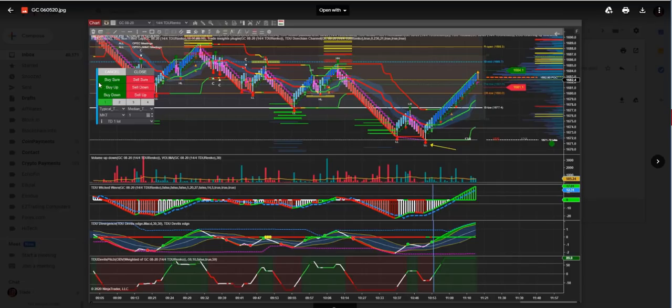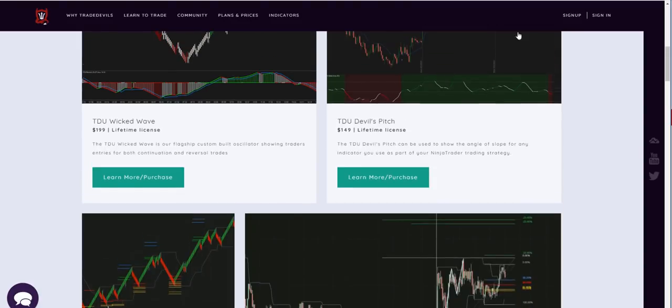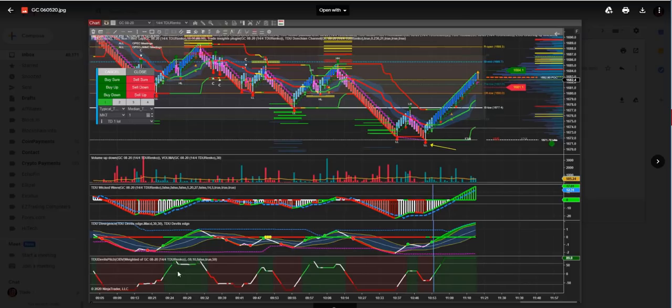So this is just a couple of snapshots. This is gold from this morning. All of these tools, individually detailed, put together into one template. So this is today in gold. For our day trading, we do use Renko bars. So this is all of the tools here. Here we have the Wicked Wave, the Devil's Edge, and the Devil's Pitch, as well as some custom tools that are in here. It would be very consistent with what you're used to seeing here, with the exception that